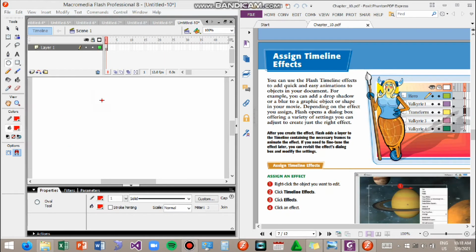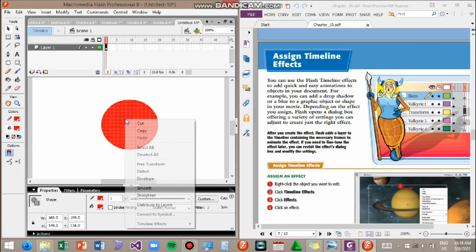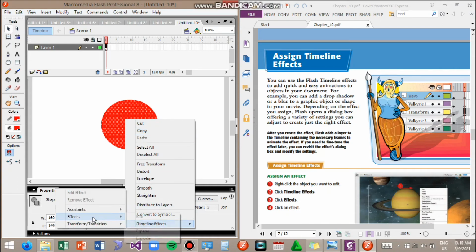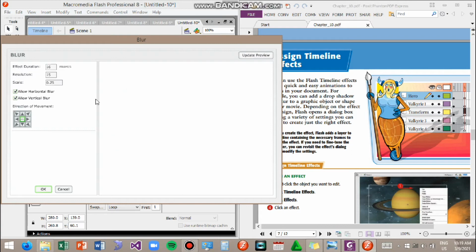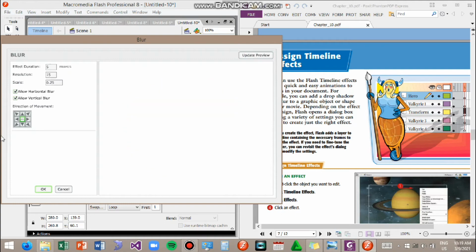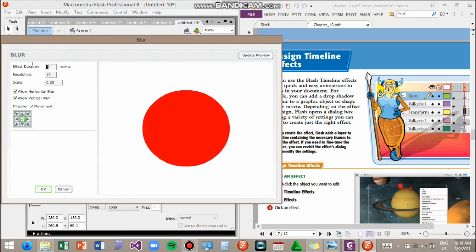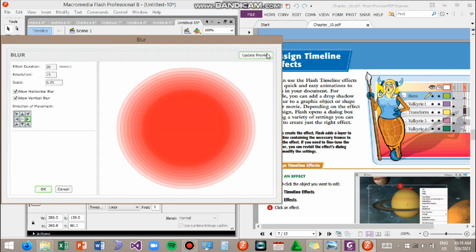For the other timeline effects, let's have this example, a circle, and then we just need to double click this, right click, and we're going to use now the different effects. You can use the blur option if you want to create a blurring effect on your animation. You can change the duration. We can just change this to 5 and then update. Okay, the faster blurring. If you want it smoother, you can change this to 20. Smoother blur effect.